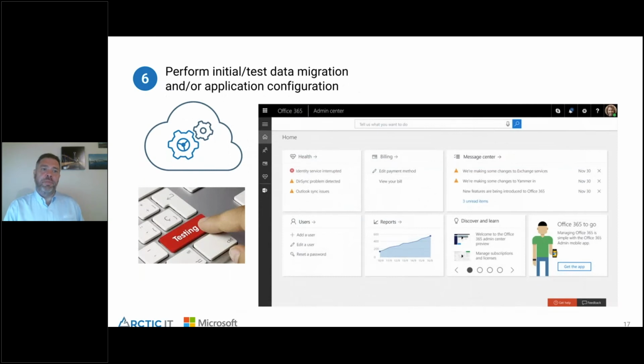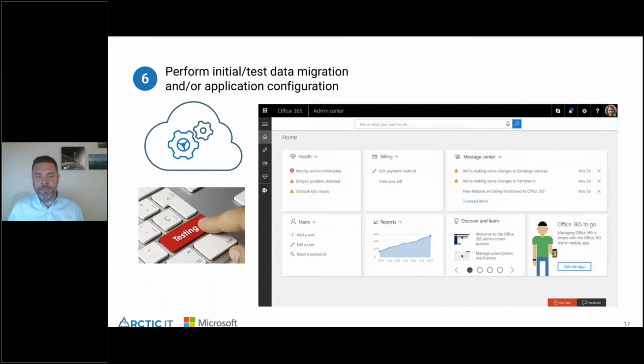And then the next step is to perform an initial test migration and see how things go. Test. It's really important that we understand what's going to happen when we start to move these workloads to the cloud, and make sure we didn't miss anything in the dependency stage.